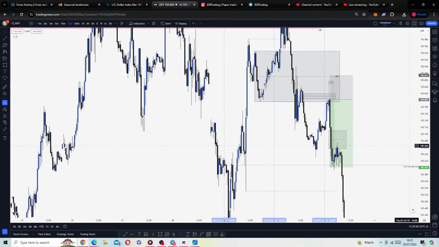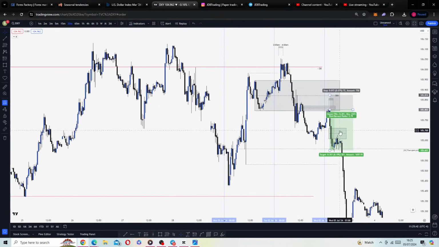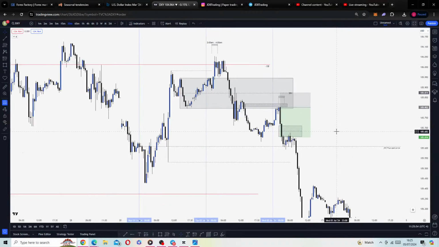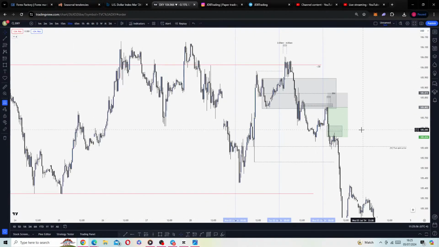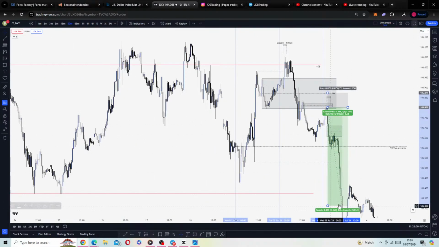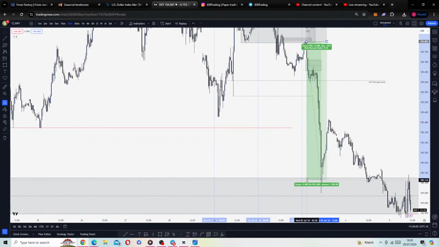And where am I aiming? You can aim, let's say you've got a fixed RR of 2. You can literally aim here and get 2R, 1%, 2R. It's great risk reward. You can take some partials here, but if you want to aim for down here, you can, but who knows if it's going to go down there. You don't. You can aim for this low, Monday's low,